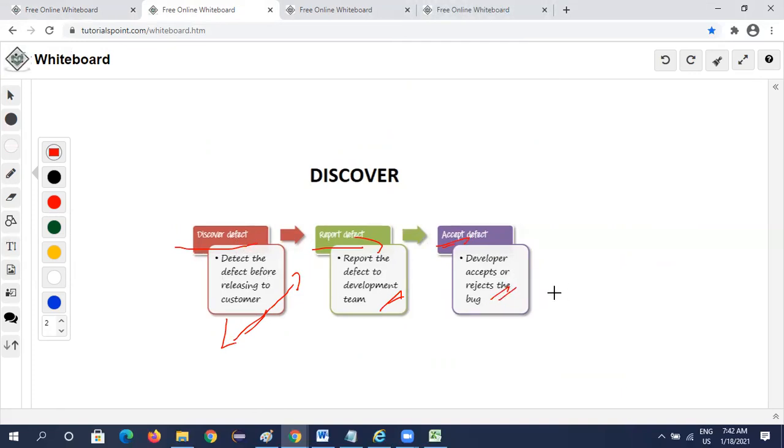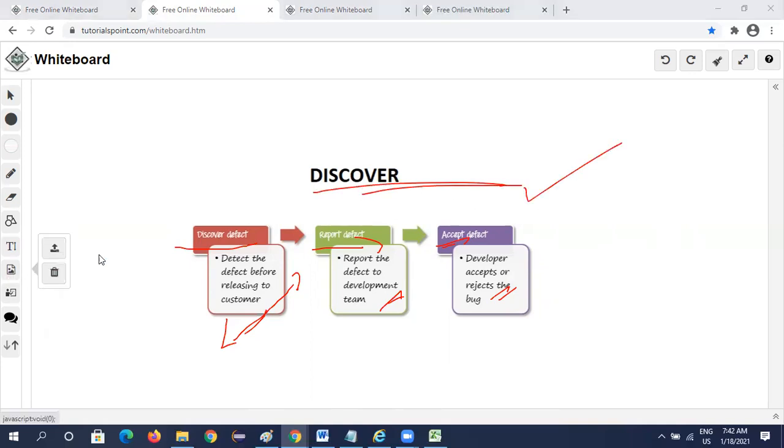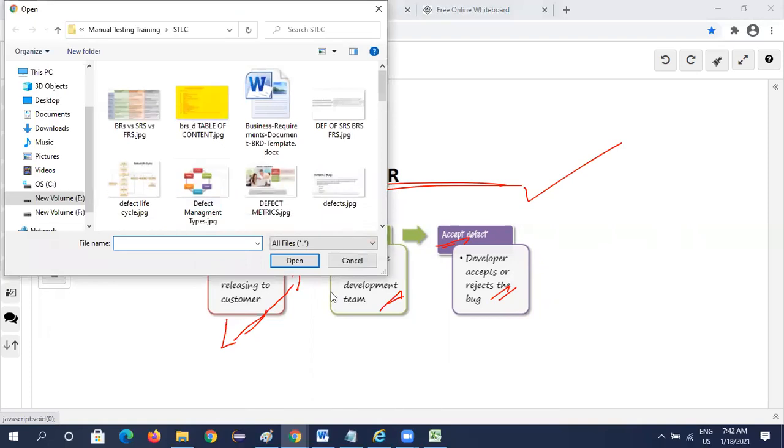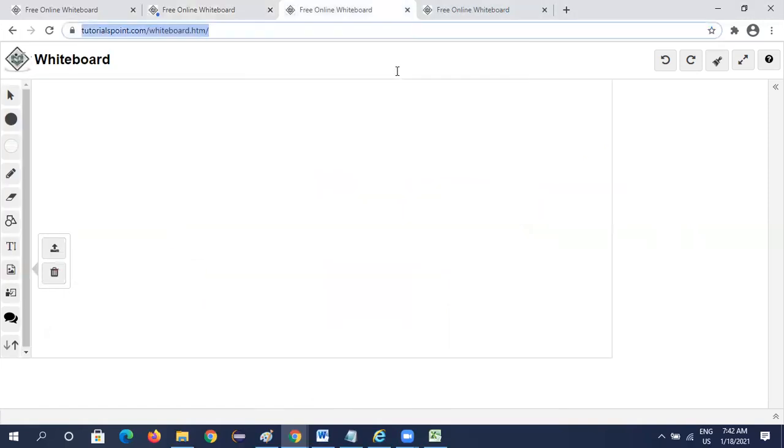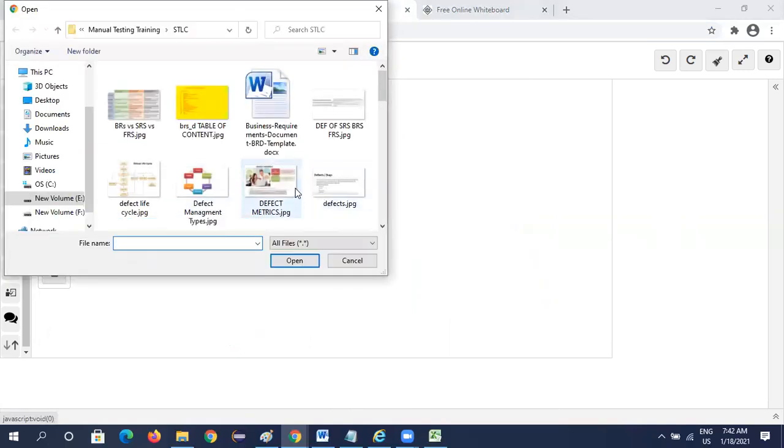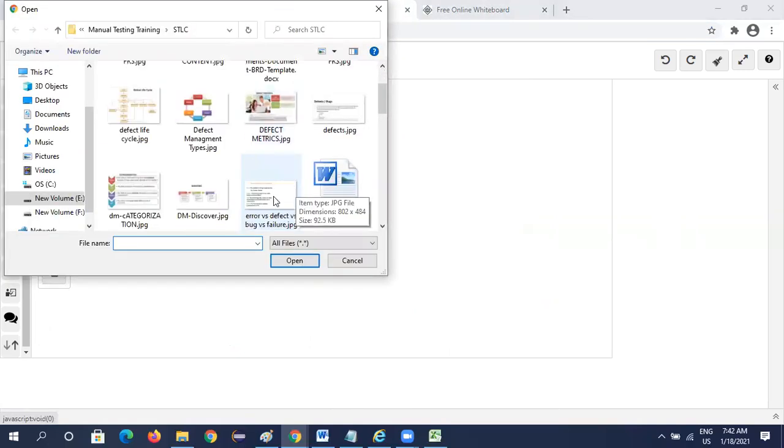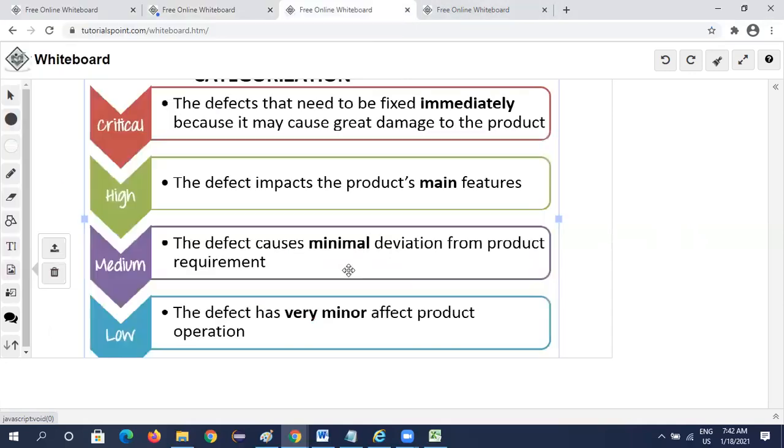If they accept the defect, it will become a bug. So we are successful, now we have discovered a defect. After discovering, what we need to do is categorize the defects.